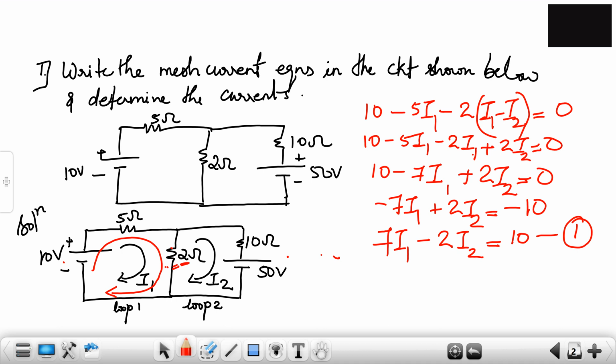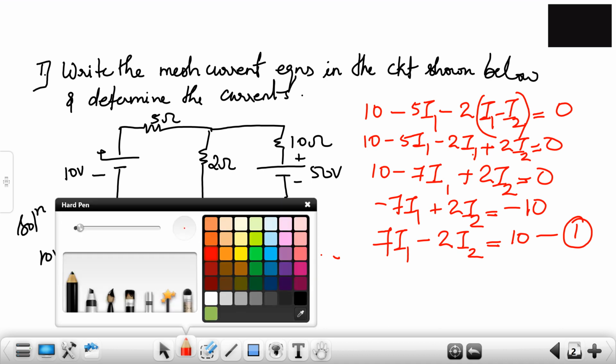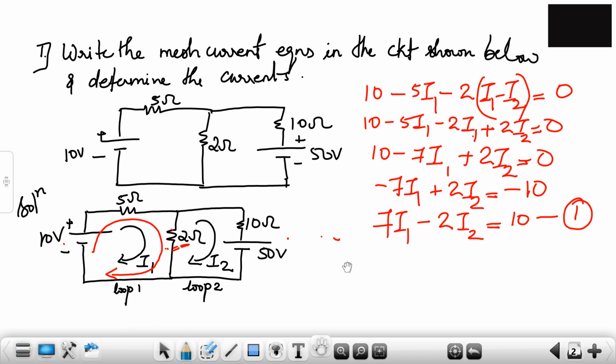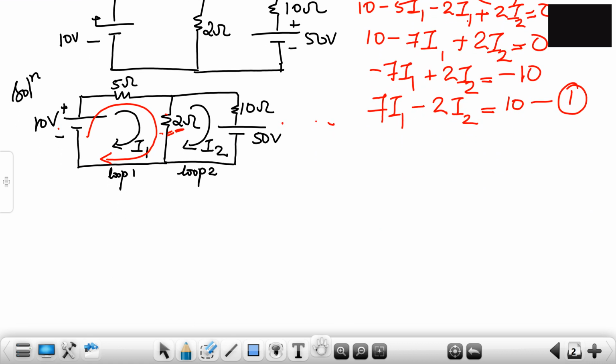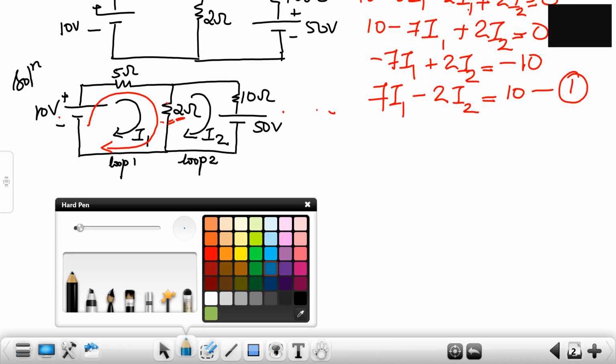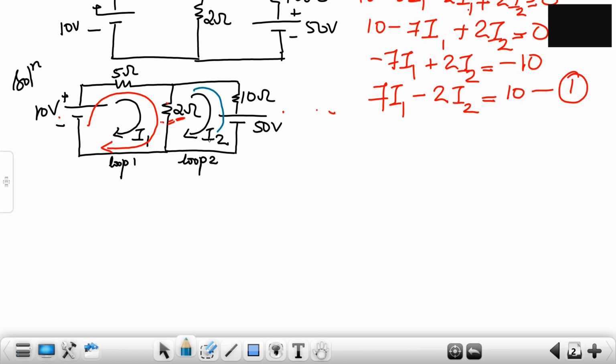Clear? Now let's go to the second mesh current equation. Now how do you start with the second mesh current equation? Since we are taking this part, let's start with the second equation. The second equation is